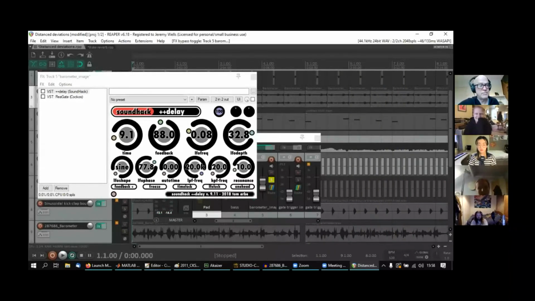Yuck. But if we apply a flange to it and gate it, then we get